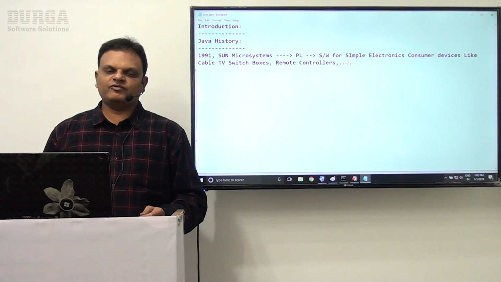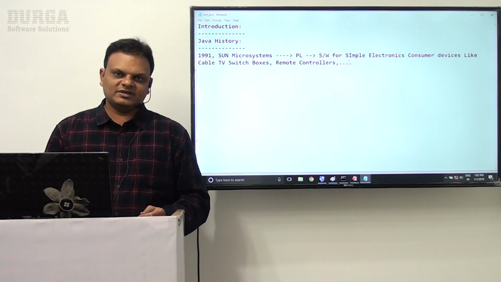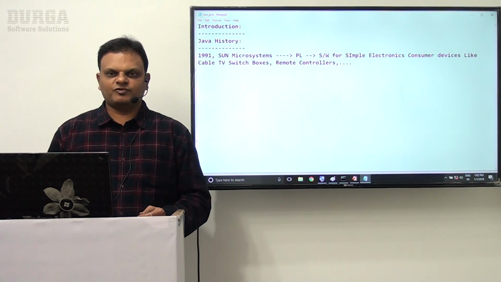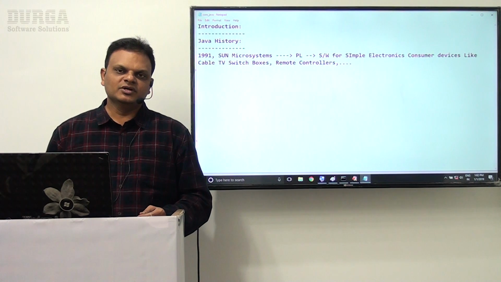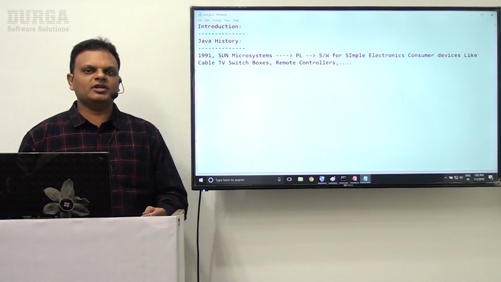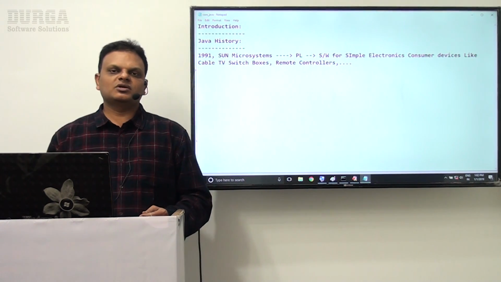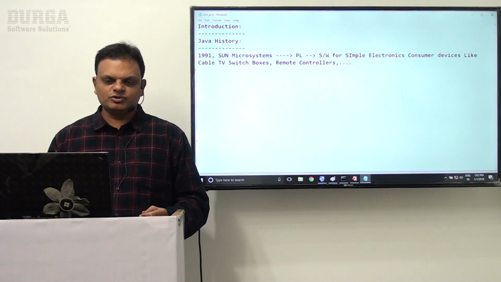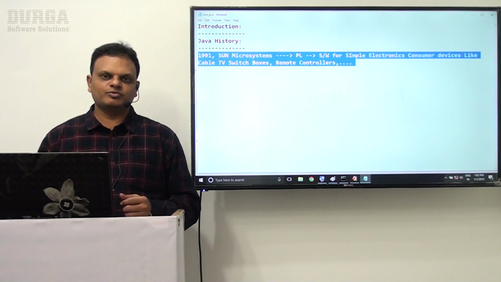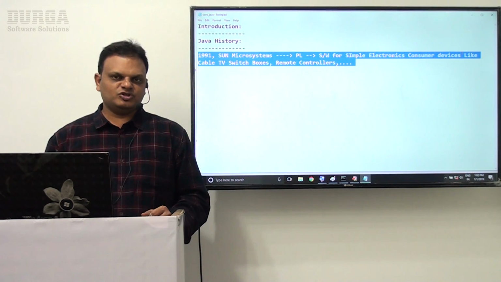For this type of electronic devices, they wanted to prepare software, and to prepare this software, they wanted to create a new programming language. This is exactly the requirement of Sun Microsystems in 1991, and this is the reason why Sun Microsystems wanted to prepare a new programming language.